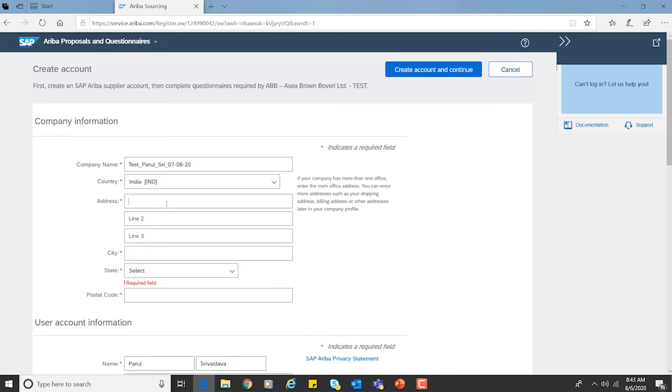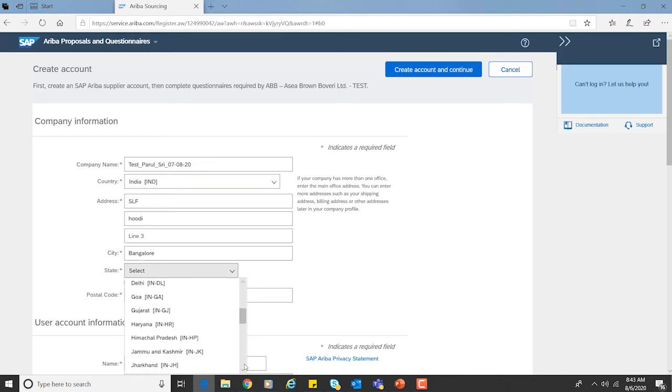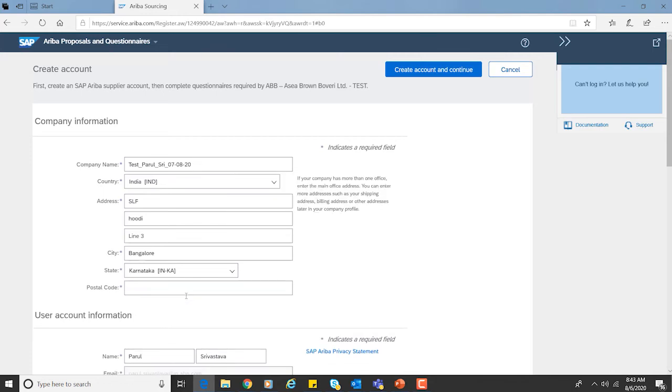Then you have to give the address of your company. I will just put something for our reference here, then the city, the state, it will be Karnataka here, the postal code.